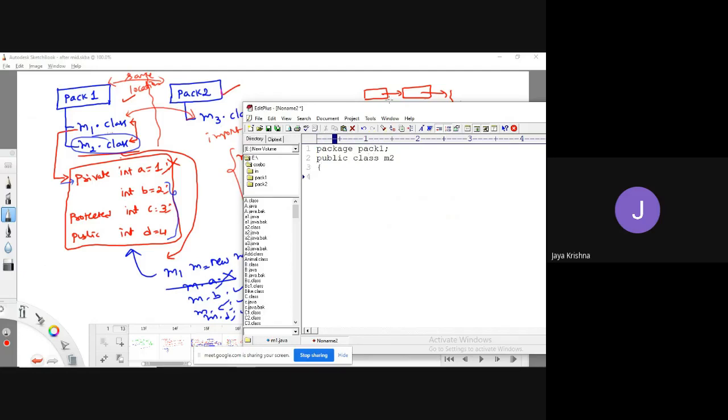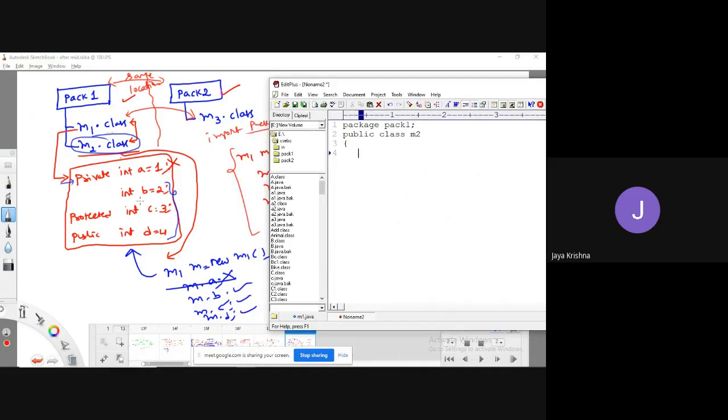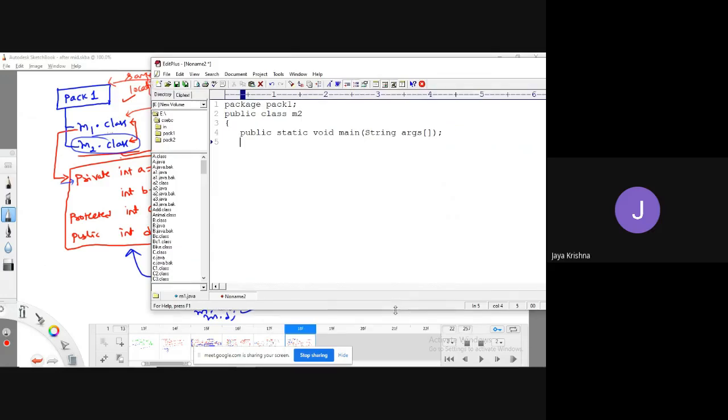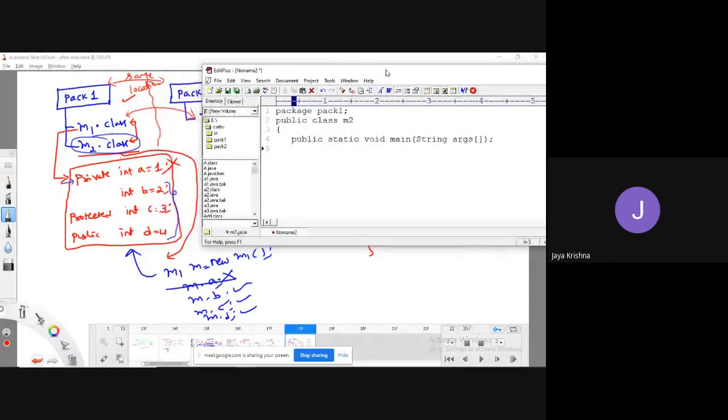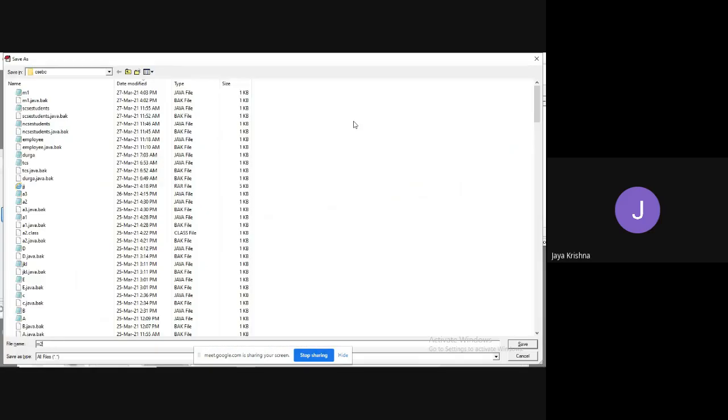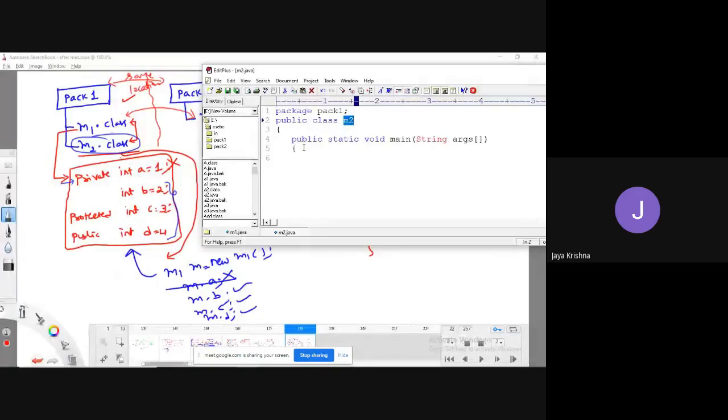Here I would like to communicate from the M2 class with the M1 class, so I need to make a main method: public static void main(String[] args). Okay, sorry. We'll save it.